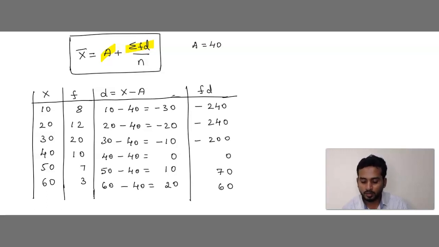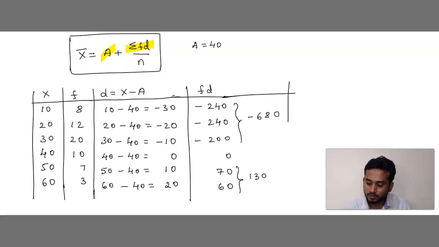Again, can we check? Plus into minus is minus: 8 3s are 24, yeah, 12 2s are 24, okay. Next 30 minus 40 is minus 10. Yes, these all are the values of FD. Now calculate all the minus values separately and all the plus values separately. That is minus 240, minus 240, minus 240, minus 200. That's nothing but 0 0 0, that is 0. 4 plus 4, 8. 2 plus 2 plus 2, that is 6, that is minus 680. If all are minus, we should add; minus remains the same. Next 60 plus 70, it is plus 130.